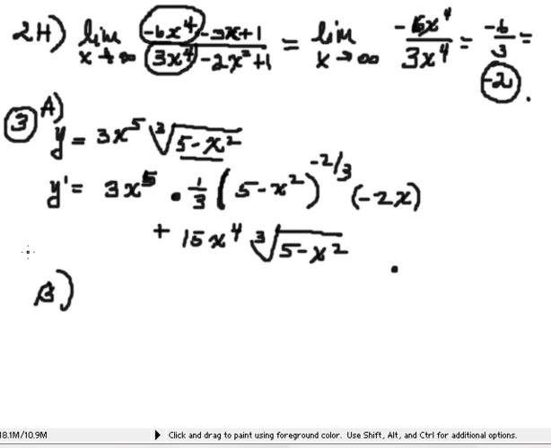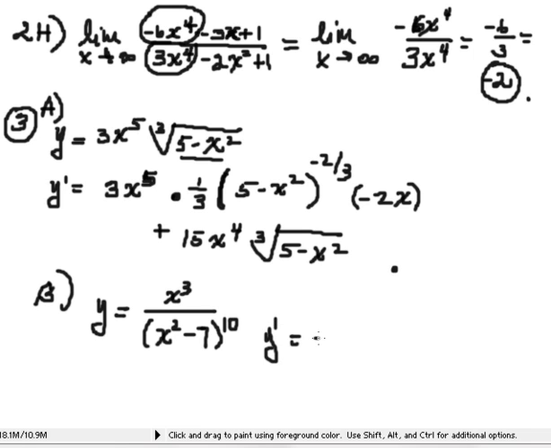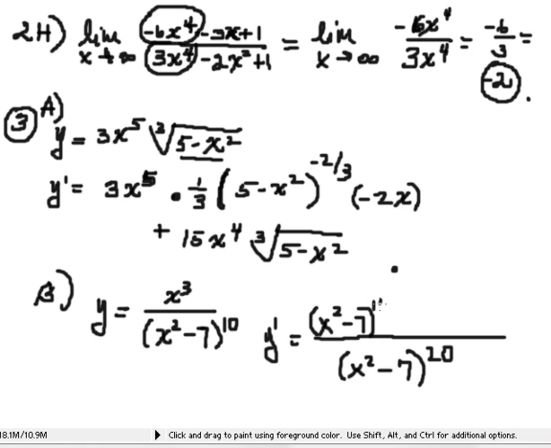Let's see what we have in part B. We have a quotient, y equals x^3 divided by (x^2 - 7)^10. Let's take the derivative. y prime is equal to, we're going to use the quotient rule. We first square the denominator, so that exponent will become a 20. (x^2 - 7)^10 squared is (x^2 - 7)^20. And let's take this denominator and put it on top: (x^2 - 7)^10 times the derivative of the numerator, the derivative of x^3, that's 3x^2,